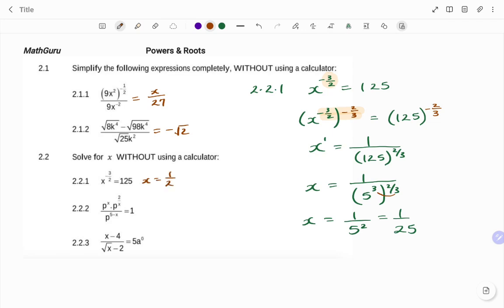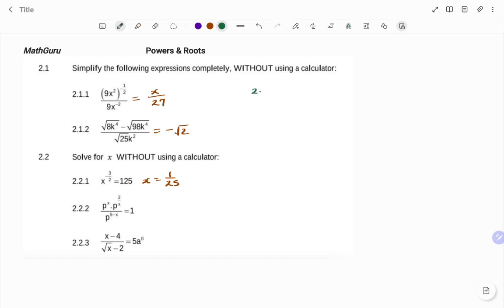The next one, I have p to the power of x times p to the power of 2 over x divided by p to the power of 5 minus x, all equal to 1. We have to solve for x. I have different methods. I can either simplify my left hand side and then equate to 1, or I can easily cross multiply such that